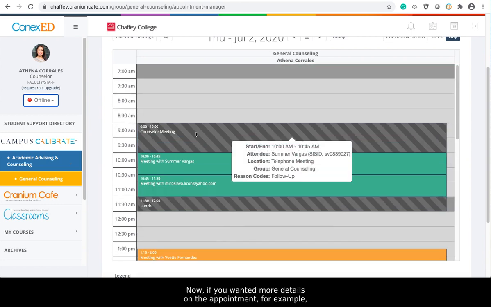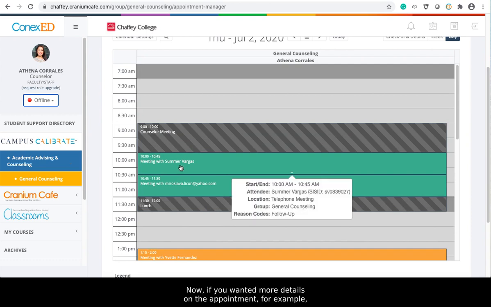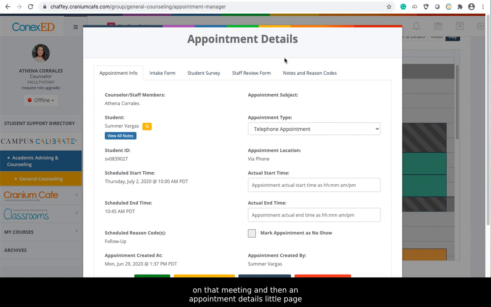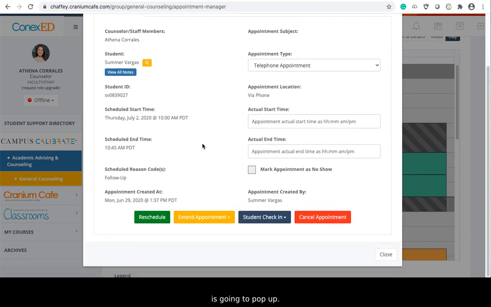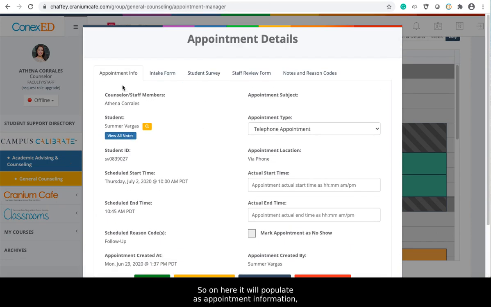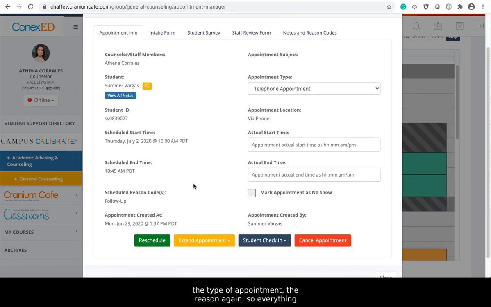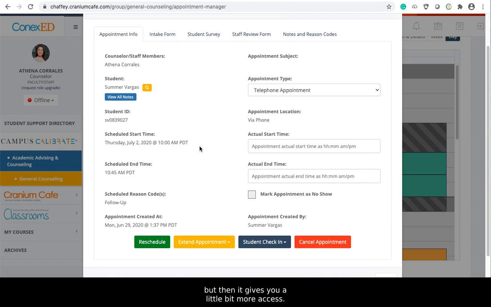Now, if you wanted more details on the appointment, for example, the telephone meetings, in order to get the student's information so that you can call them, all you have to do is click on that meeting, and then an appointment details little page is going to pop up. So on here, it will populate the appointment information: who the student was, their ID number, what time it started, the type of appointment, the reason again. So everything that was in that little pop up when you hovered over it, but then it gives you a little bit more